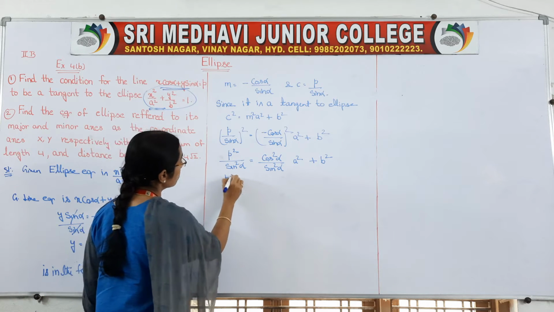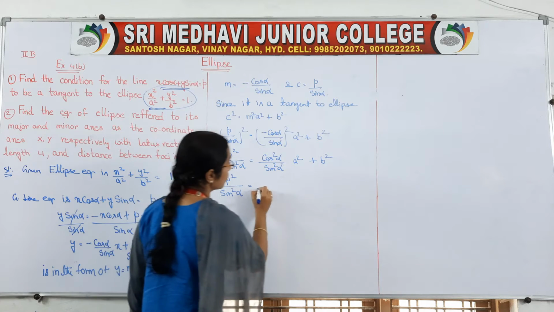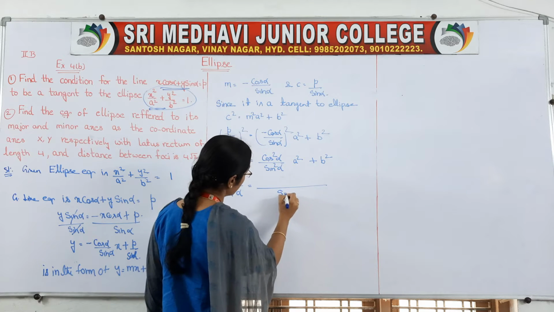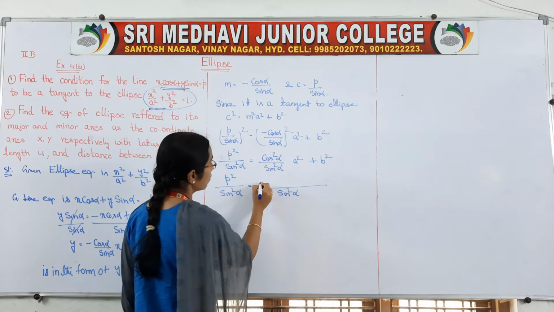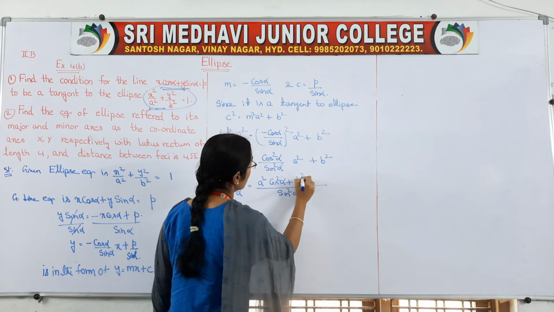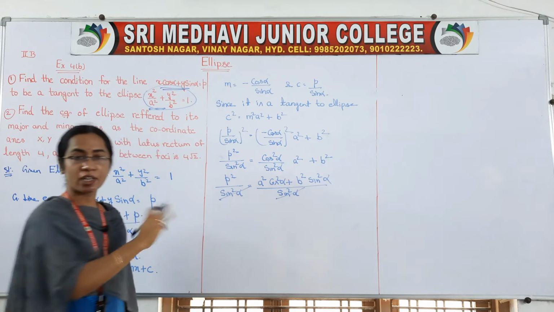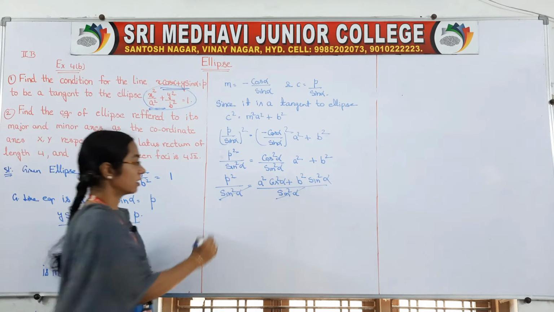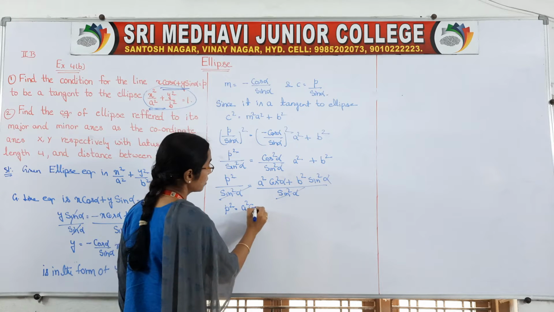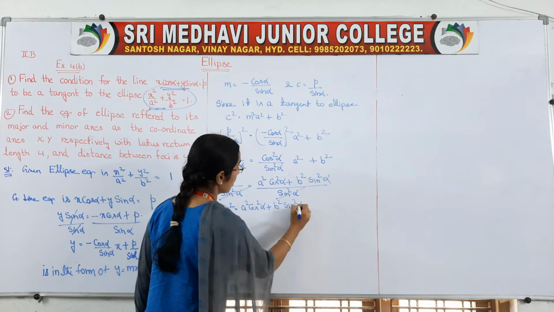So, next p square by sine square alpha is equal to, take the LCM as sine square alpha, right. So, sine square alpha, it is a square cos square alpha plus b square sine square alpha. Both sides sine square alpha cancel. So, now you are having p square is equal to a square cos square alpha plus b square sine square alpha